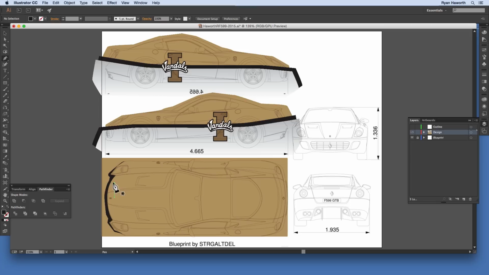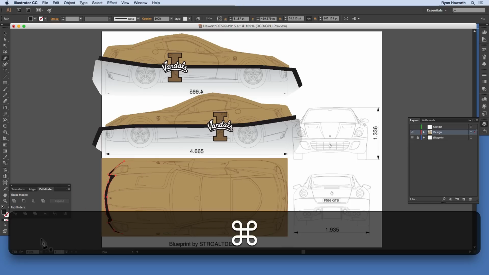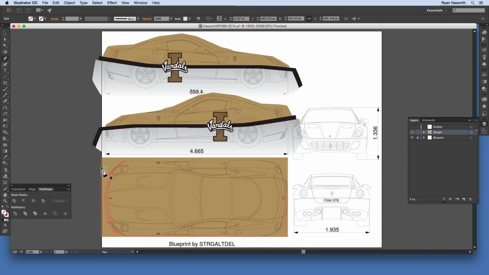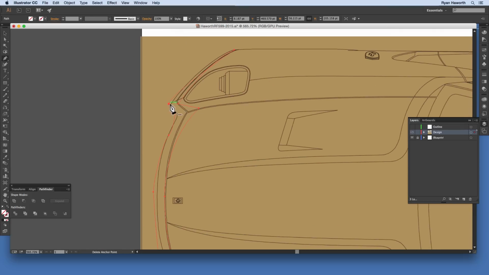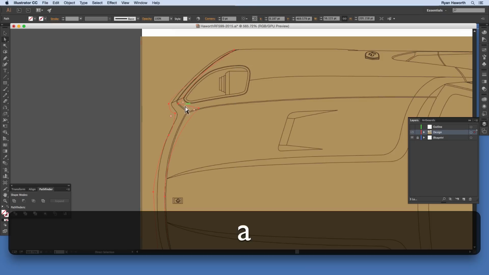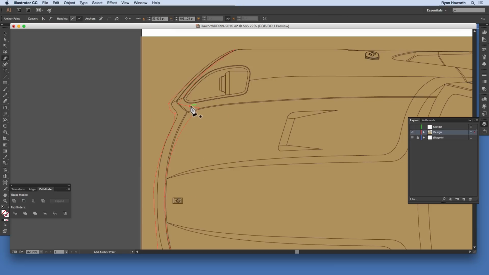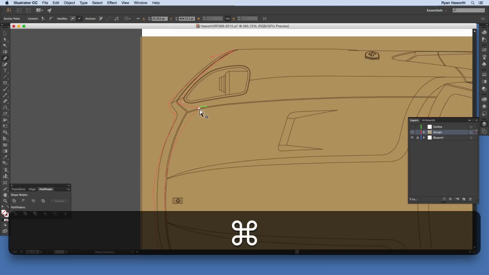So what if you get some part of your design that you can't see through because it's so dark, and you can't see the outline that you're trying to match that part of the design to behind it? The easy thing to do is simply take off the fill and stroke color. And as you zoom in, you can see where those anchor points are that you've dropped, and you can modify them by using the pen tool and the direct selection tool. So I'm going to go ahead and do that right now to correct the